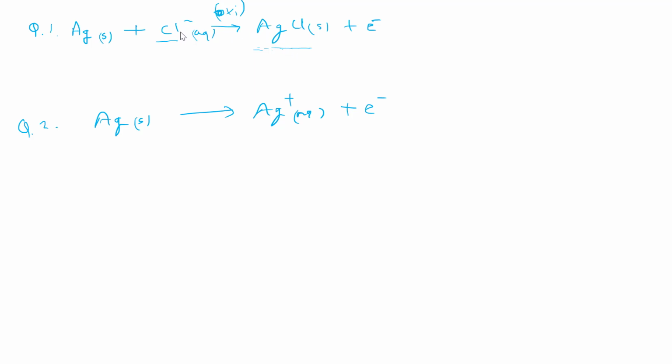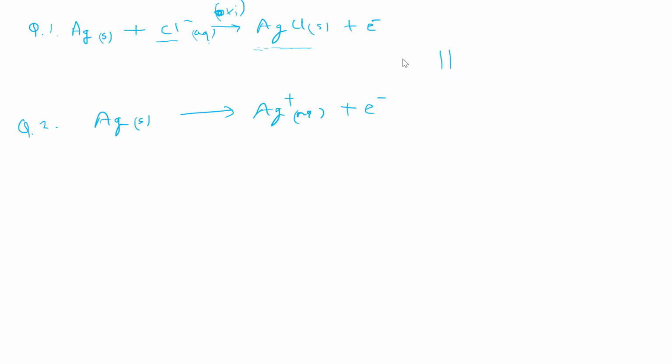So we are getting different electrode potentials for both the reactions, and these are different half cells. The species that is getting oxidized is similar, but due to the presence of this sparingly soluble salt, this becomes different because it has a different electrode potential. Now if you want to represent the net cell, you write Ag plus, but for this reaction you have to represent this species also, which is sparingly soluble.